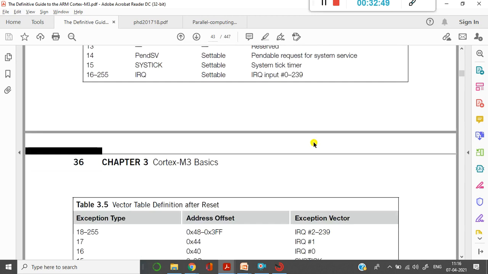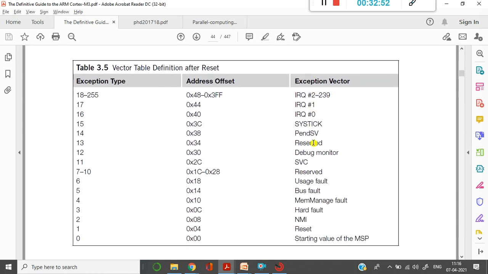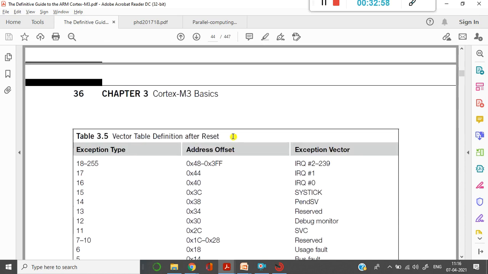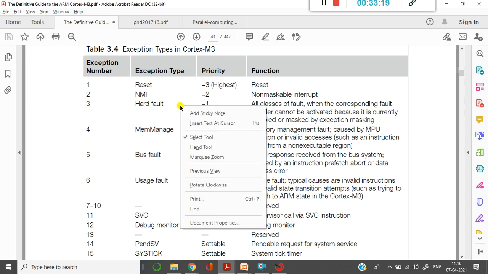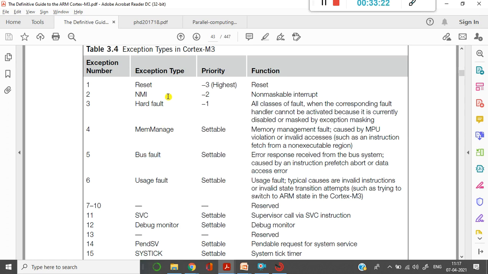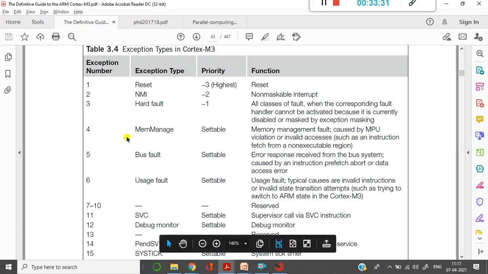Okay. I'll tell you something important about this vector table. As I told you, a particular program will be written for a reset, but the program counter should get the particular address where it is stored. Until and unless it gets the address of reset or NMI or hard fault, because each one of these exception types has built-in programs.